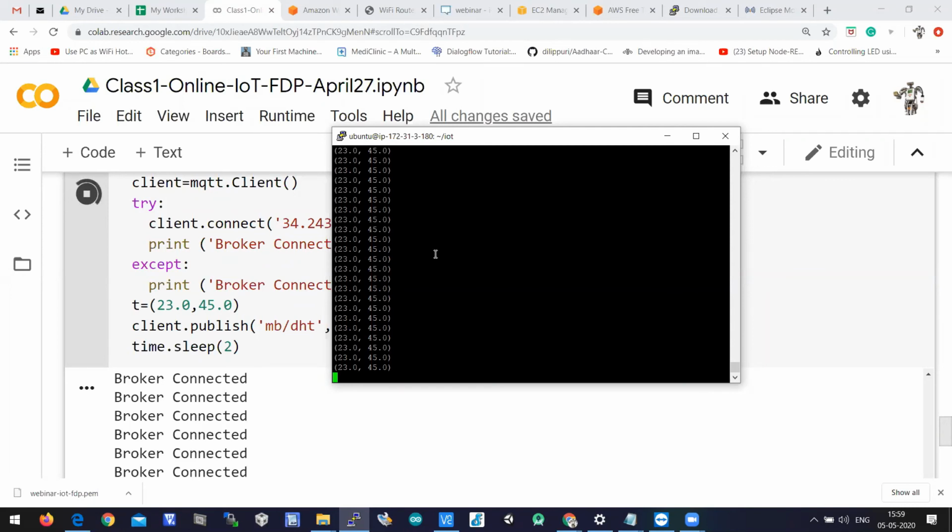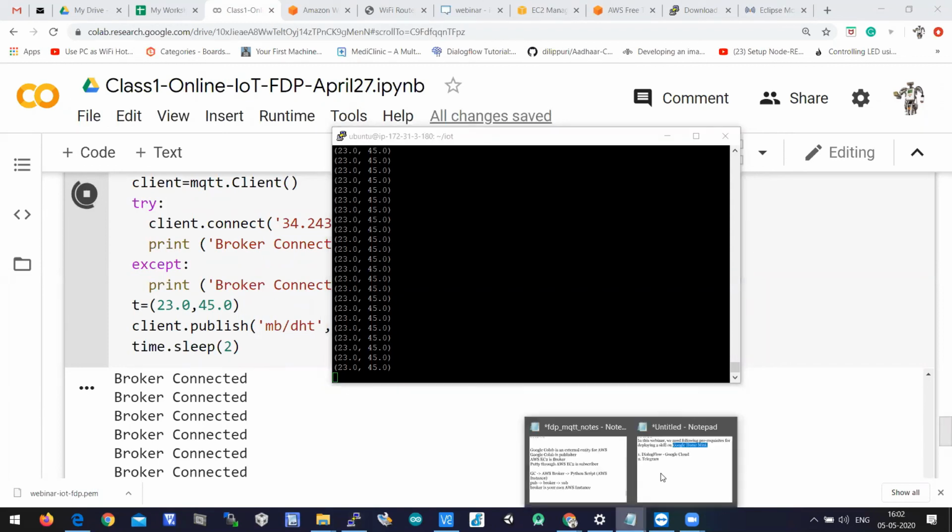Then we created a firewall rule to allow the incoming connections, and thereby the publisher and subscriber are communicating with each other. So the publisher is sending data, the subscriber is receiving data.